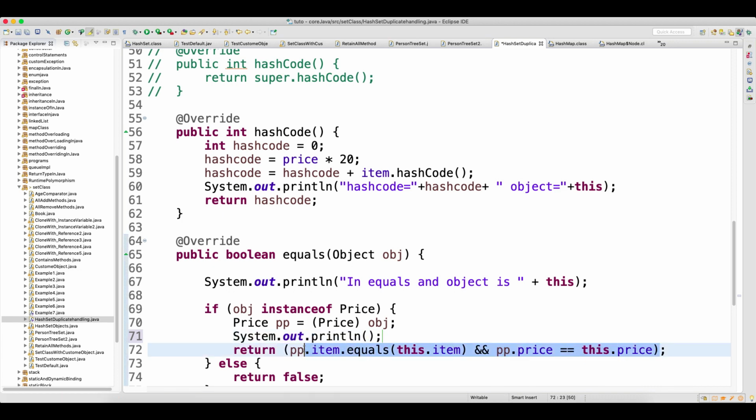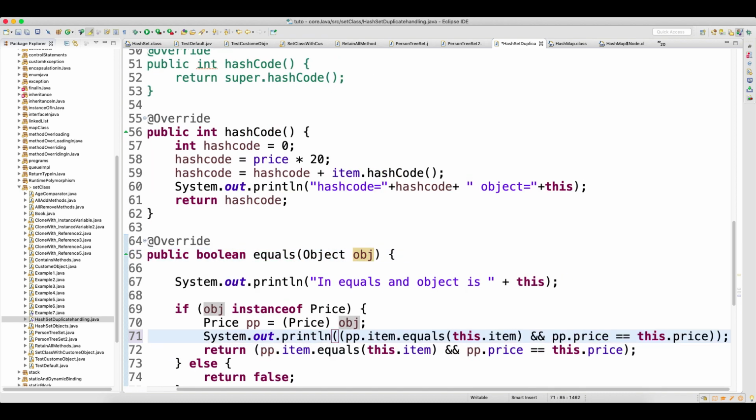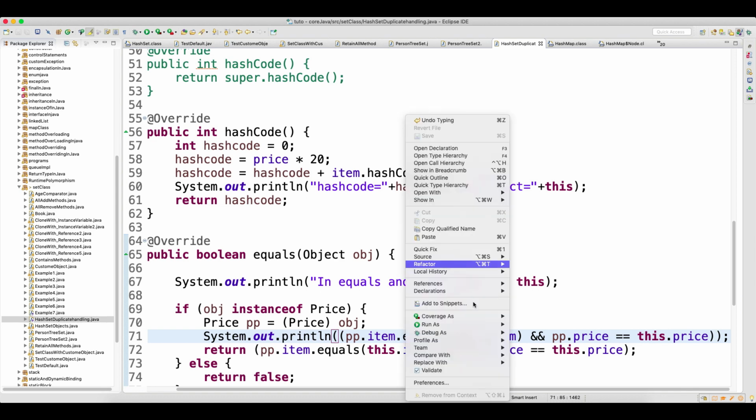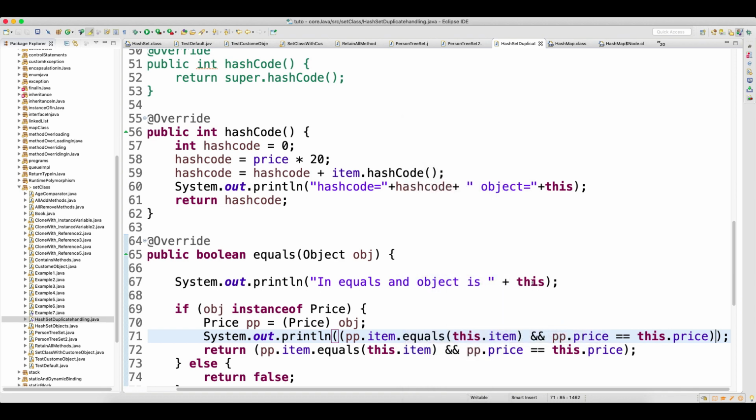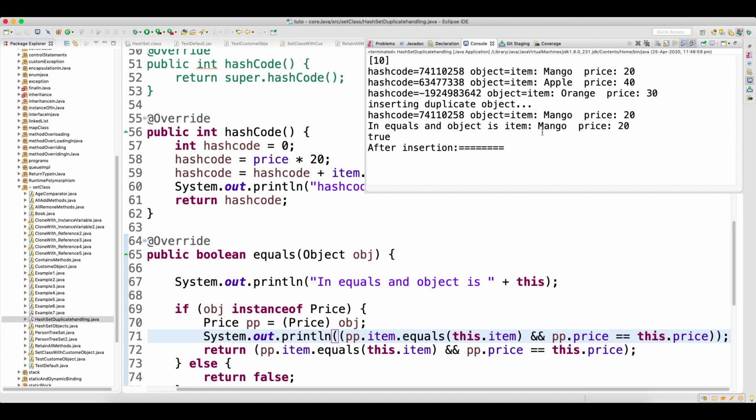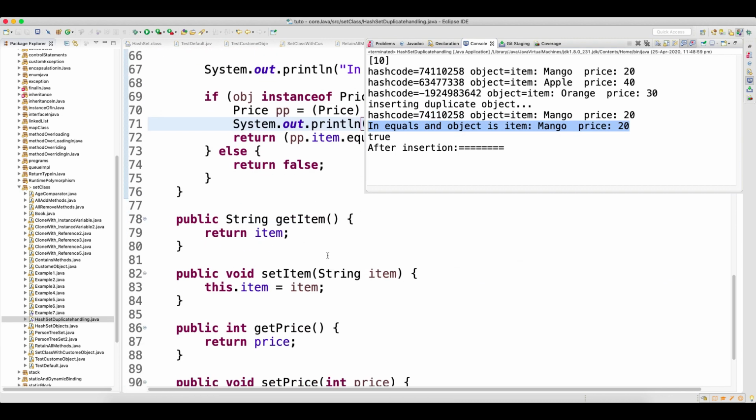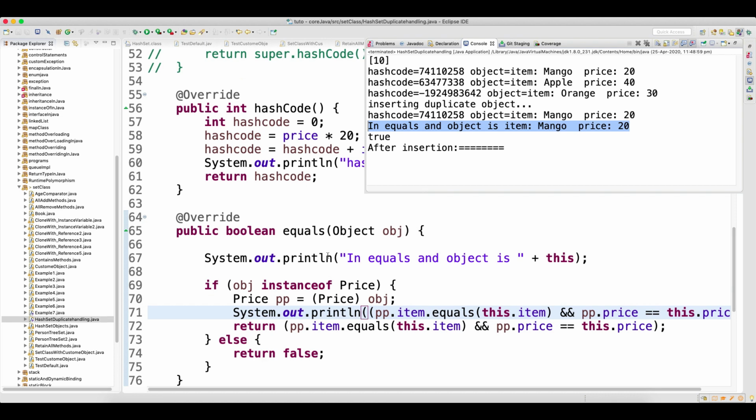So when it calls the equals, we can print this combination here also, so that it will be very clear for us. See, look at here. When we are inserting the duplicate, the hash code became common for the mango, and then it called for the equals.